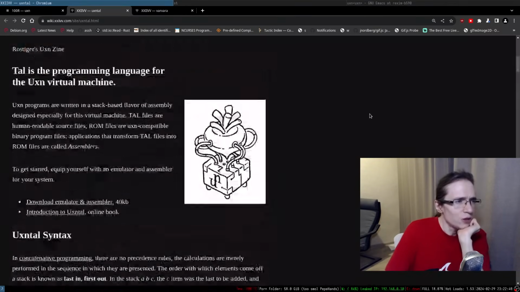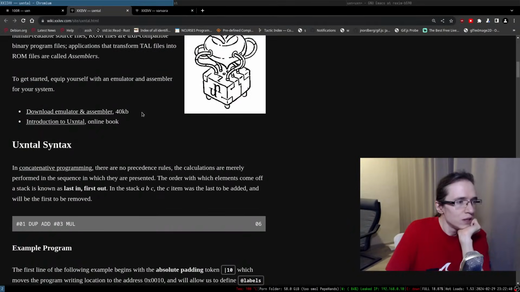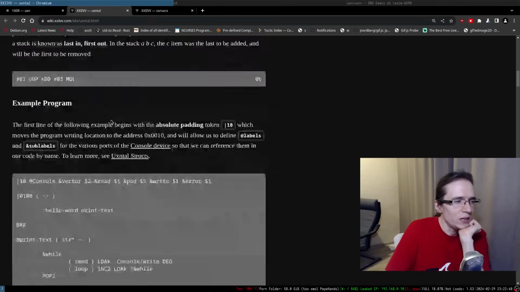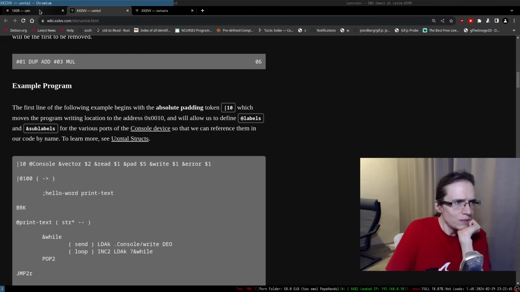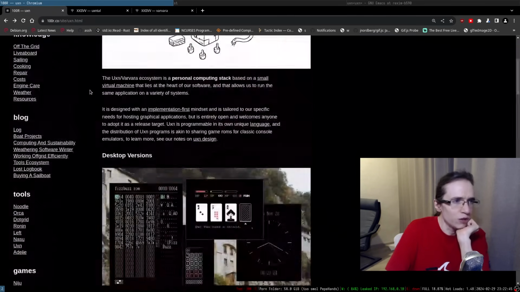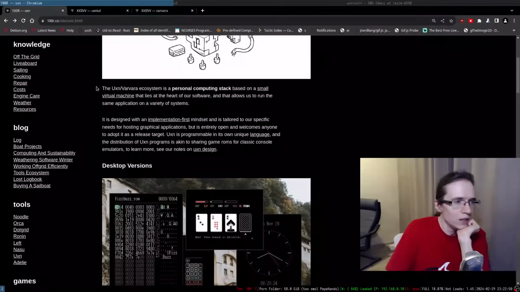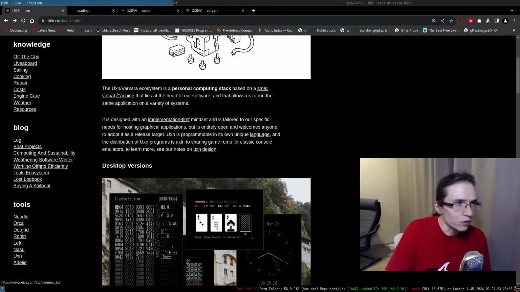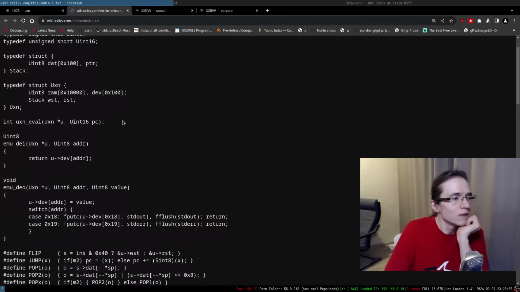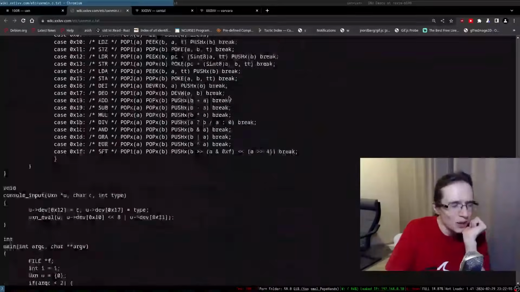So is there a description of the virtual machine itself? Maybe there is somewhere, but I jumped into the language guide. Maybe I should have jumped into the virtual machine. So there's a small virtual machine. Wait.